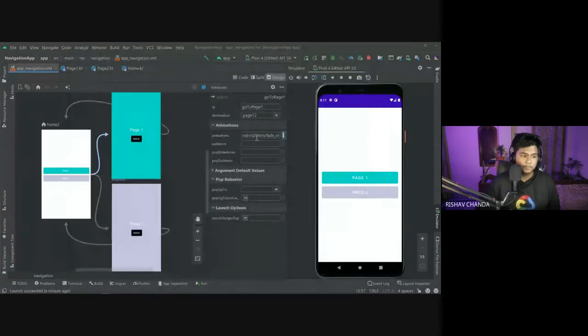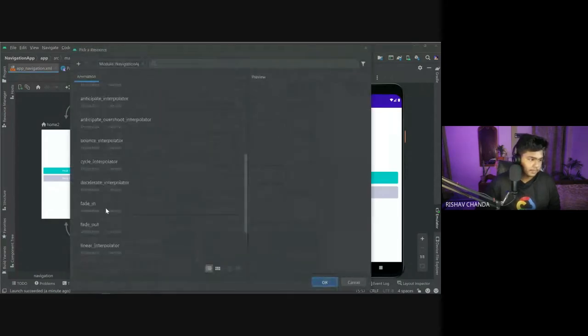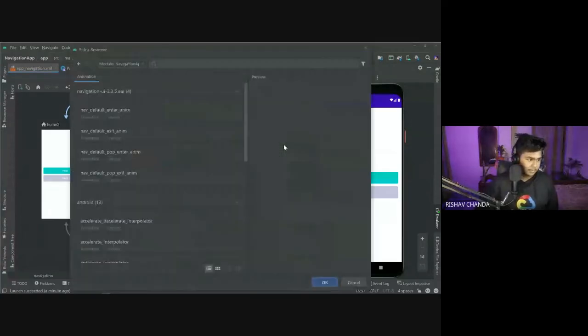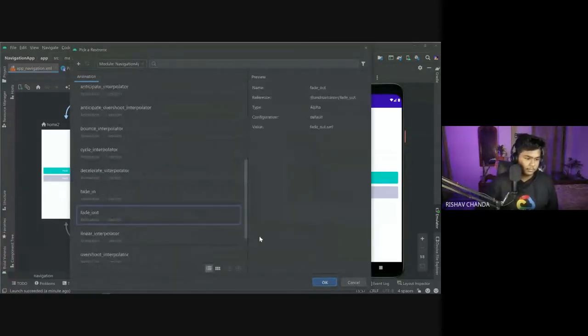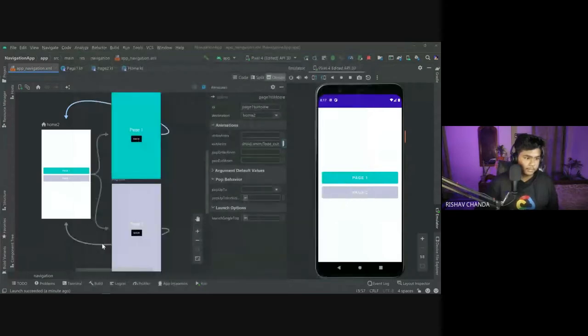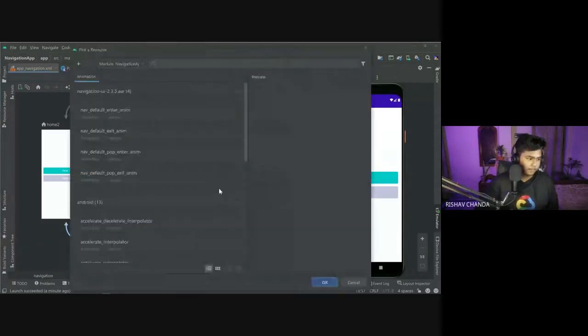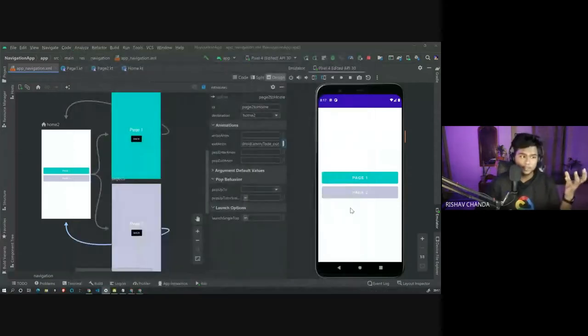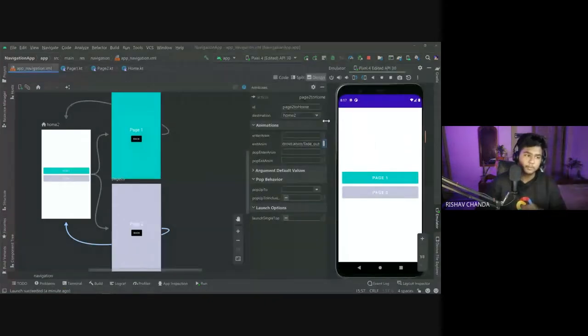Okay, and this one will be imported. So let us do it for other actions also. Click on this one, click on fade in, click on OK. And for the backtracking, the exit, I would select the exit animation. Click on the same thing, I would write fade out, click on OK. Do the same for the last one, exit animation, click on fade out. So you can simply implement the animations in this manner without writing too much code for animations.